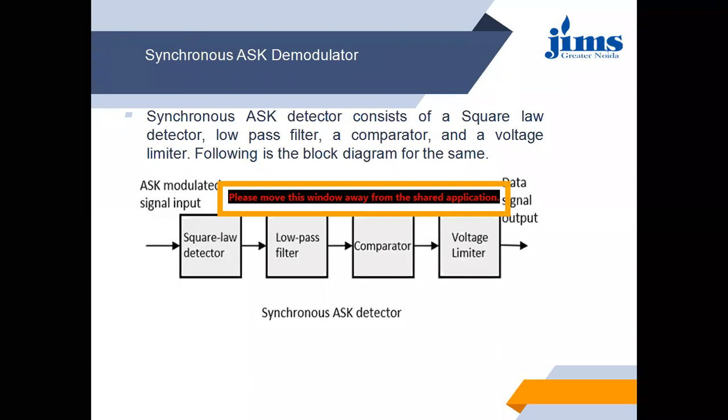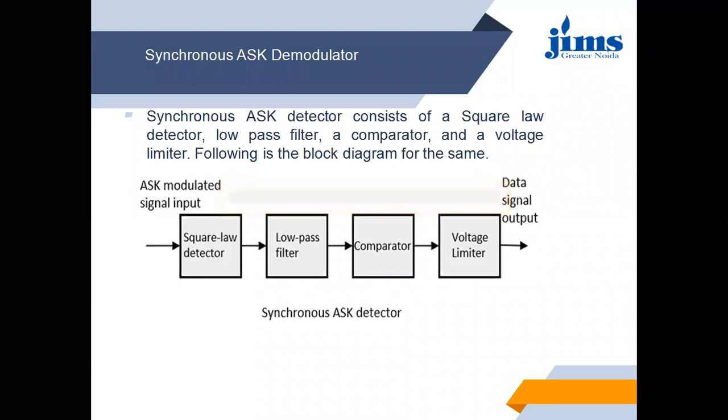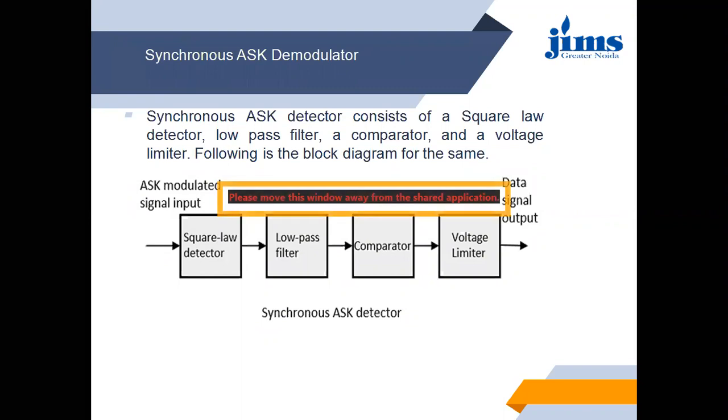In amplitude modulation, which we study in analog communication, in semester 4, and since this is not in your syllabus and you are directly studying digital communication, the square law detector is a device which is in the ECE syllabus. It is used to convert the high frequency received signal into the low frequency message signal. That is why it is called a detector.